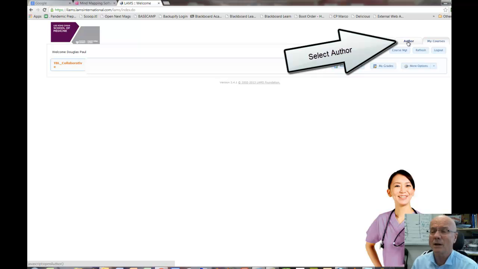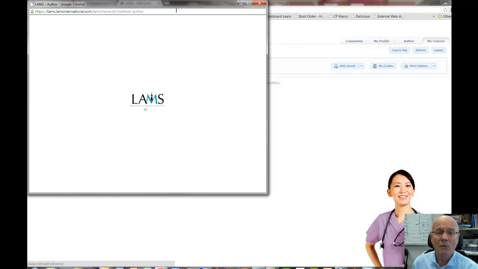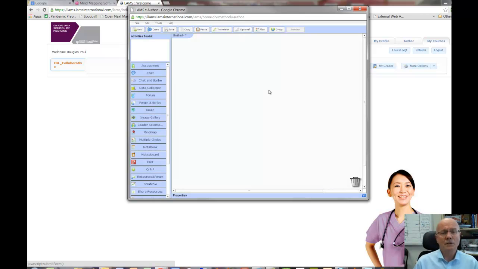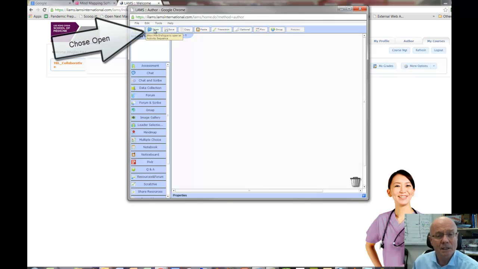So this is where you make the sequence, and I'll launch it now, and then I'll walk you through how you should understand the interface. All right, so there you have it. At the top here you have File, Edit, Tools, etc. These are all fairly standard for you. Now the big thing is, I'm going to open this, click on Open, and